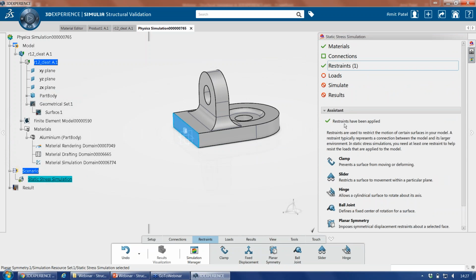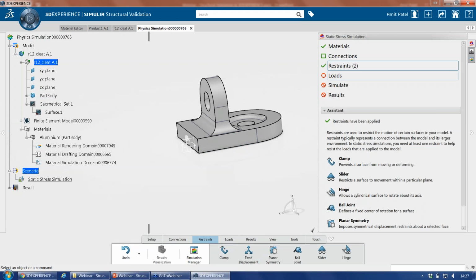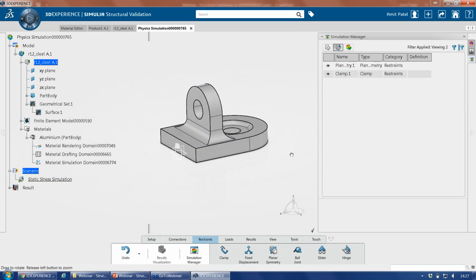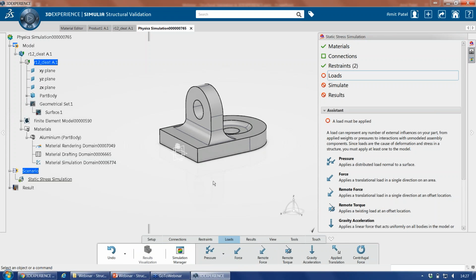Now I've got a restraint. It says restraints have been applied, but I need to add more, so I'm just going to clamp the base. Okay. And then you'll see under my simulation manager I have two. I'm also going to now apply a load. So I've got my restraint, I then need to apply a load, so I'm just going to go to loads,